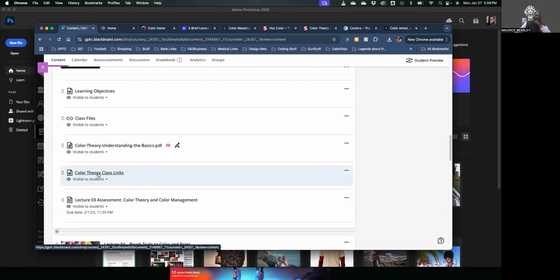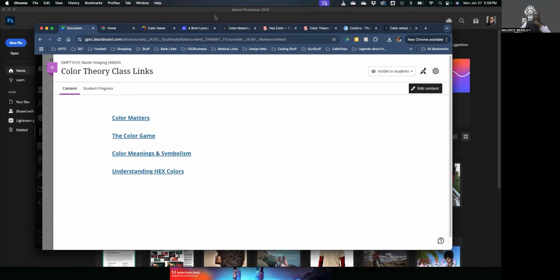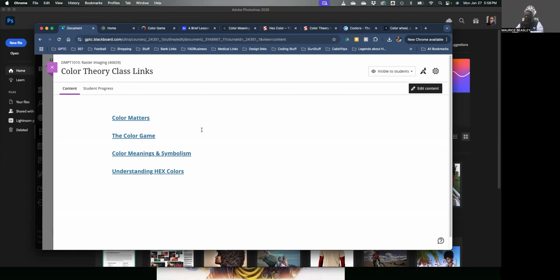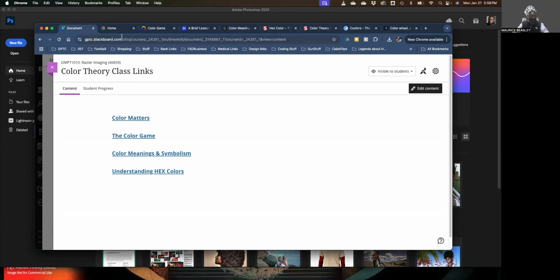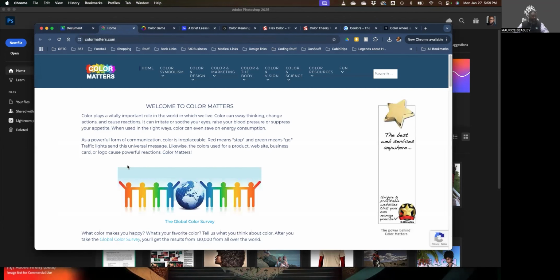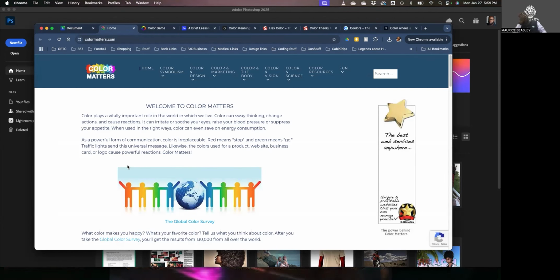I want to click onto that to show you what this is, because that's the next thing I want to show you. These links here go to different websites to show you stuff and give you some further knowledge in color theory that you could go through and learn about. So the first one is for colormatters.com. That is this web address right here. So colormatters.com